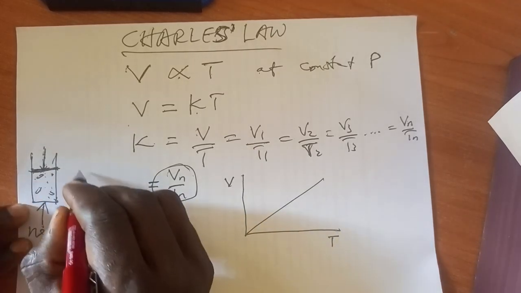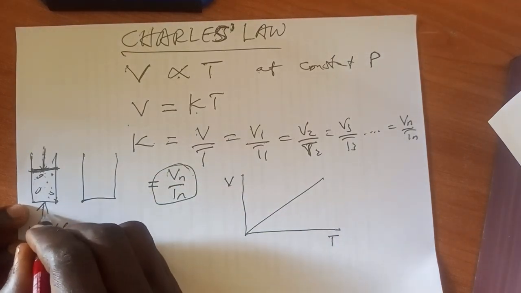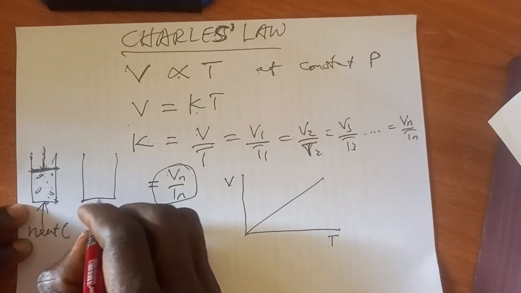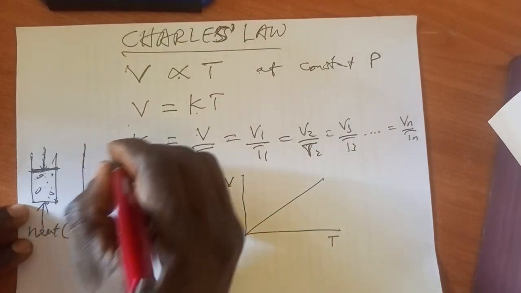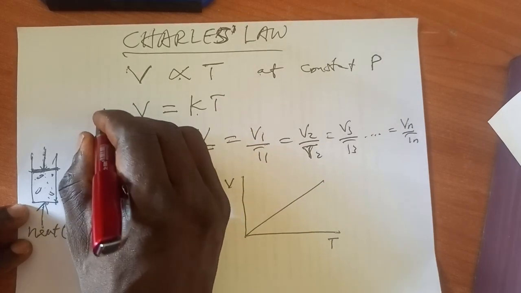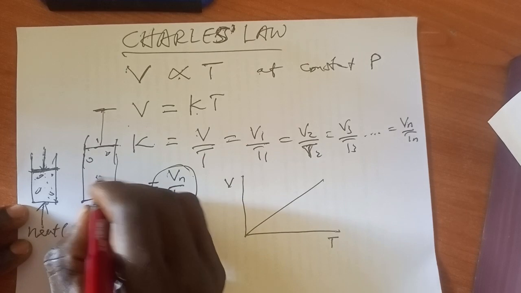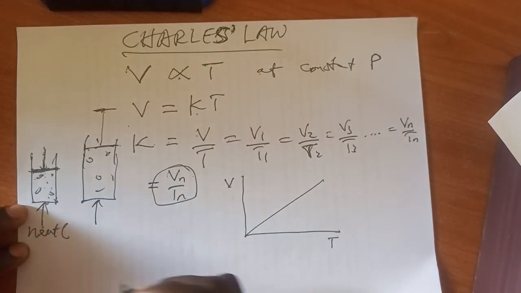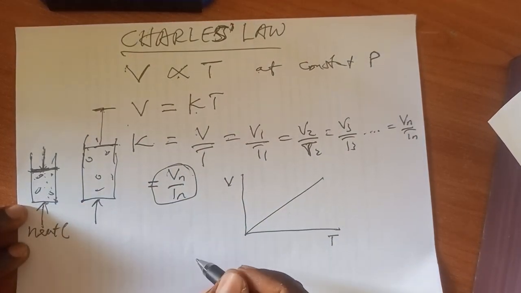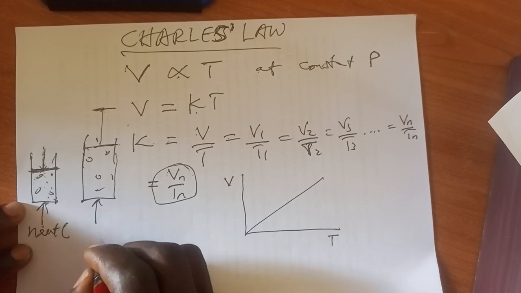You have this thing before like this, but right now, because you have heated this molecule excessively, this thing will shoot up to this level. Okay, so this actually explains Charles' law, telling you that as the temperature of the gas molecule increases,